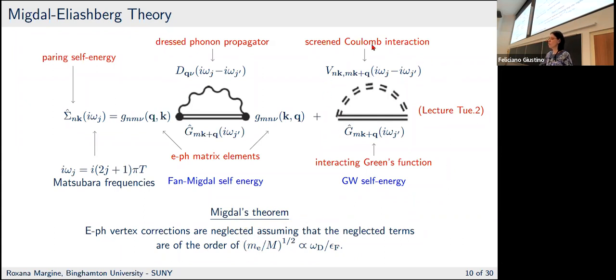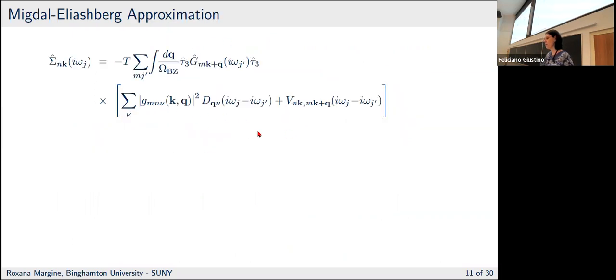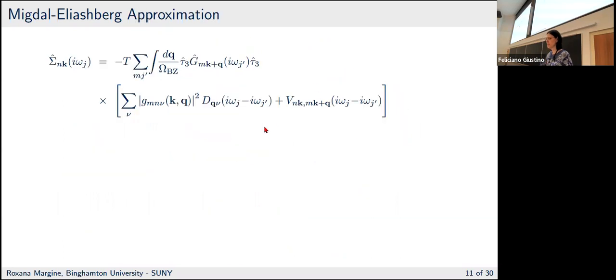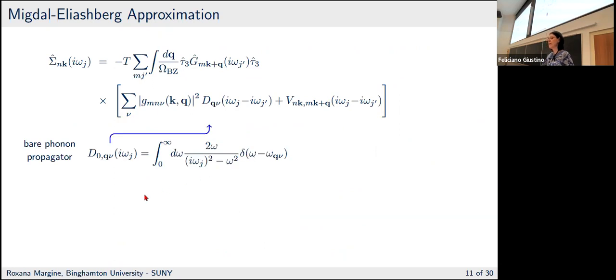And also in this case, for the screened Coulomb interaction in general, there is not an equivalent approximation, but in general, you only keep just the first term. So if we now start from this expression for the self-energy, now I just write it as an equation. I replaced sigma with J. Oh, sorry. And then the first approximation that we do,